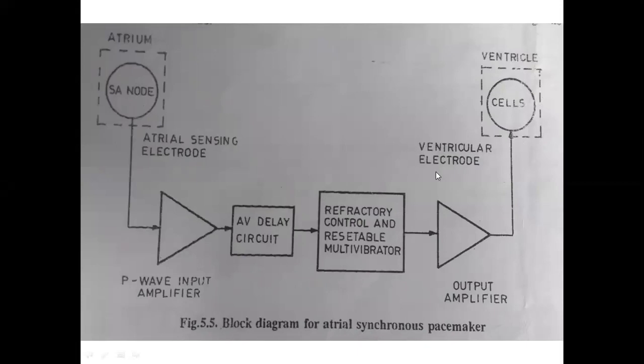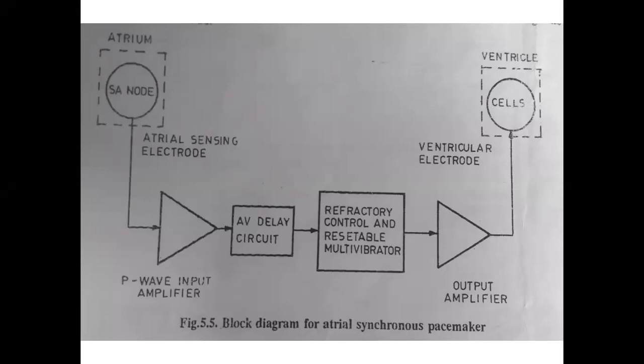It is the same as the generation of pulses from the sinus node. Those generated pulses travel to the atrioventricular node, and after reaching it there is some delay. After that delay, these impulses travel to the ventricles of the heart. That is the actual generation process of these impulses.